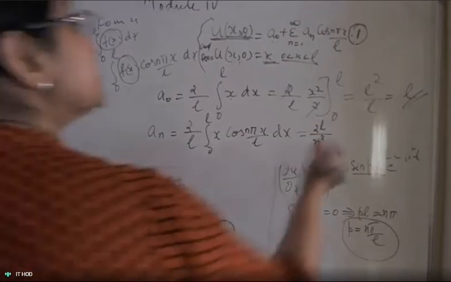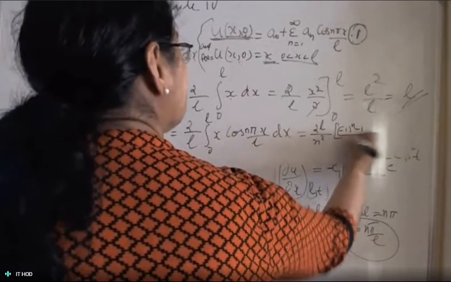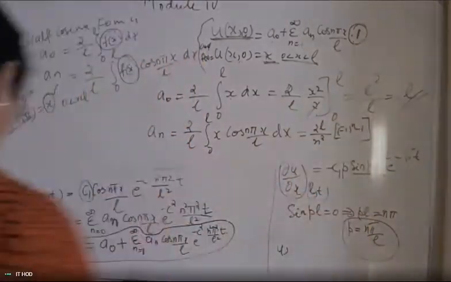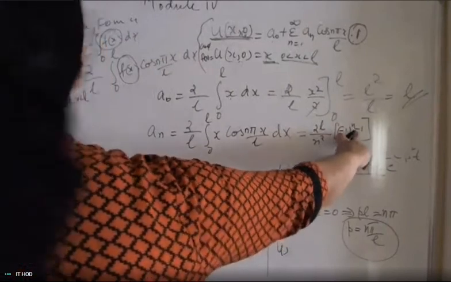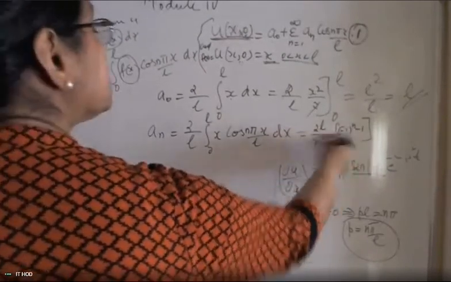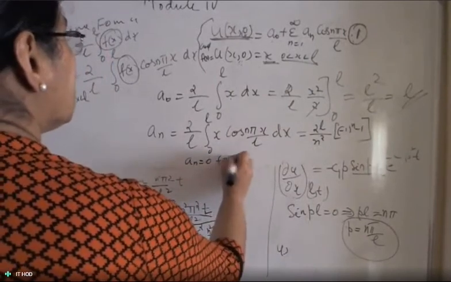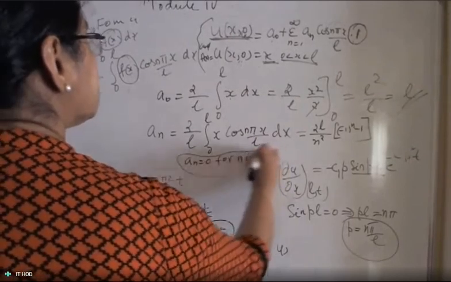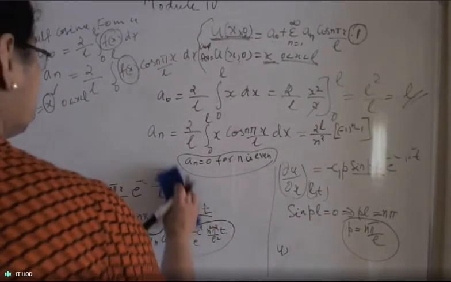So an is equal to, this is the answer we are getting: minus 1 to the power n, minus 1 divided by, that's it. Now n is even means this becomes 0. So an is equal to 0 for n is even. Now you can find A1, A2, A3, etc. And the final answer is,